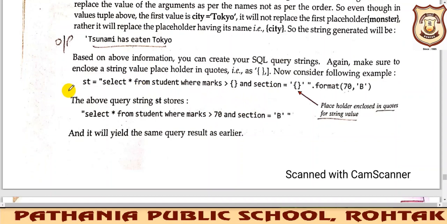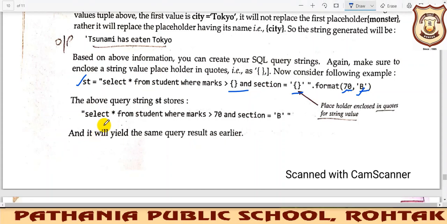This example you can also see. If you are writing this statement, select star from student where marks is 70 and section is B, so you have to select those students whose marks are greater than 70 and section is B. You can see again that whatever string we are using is inside single quotes.